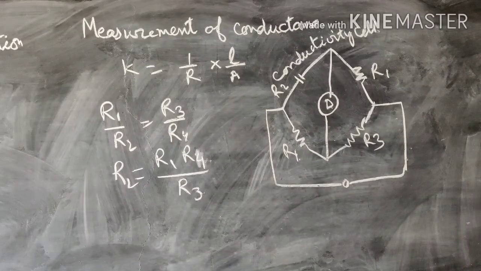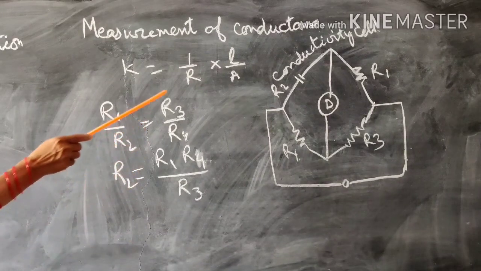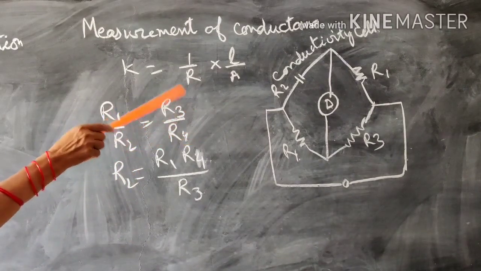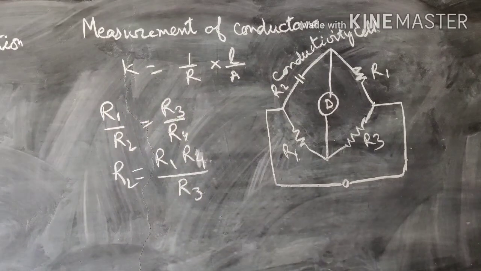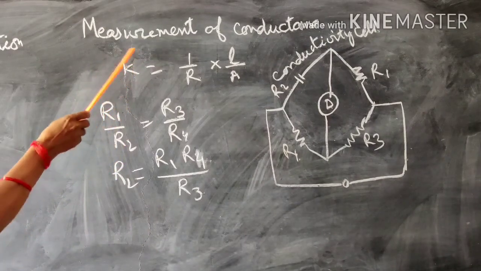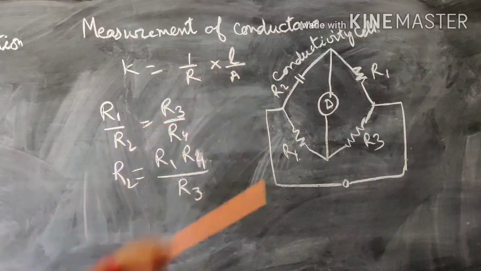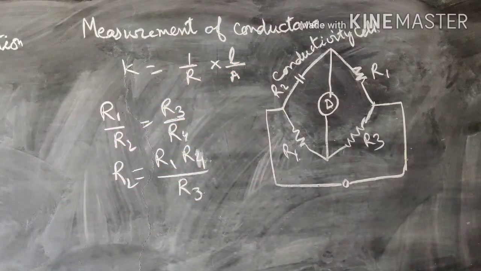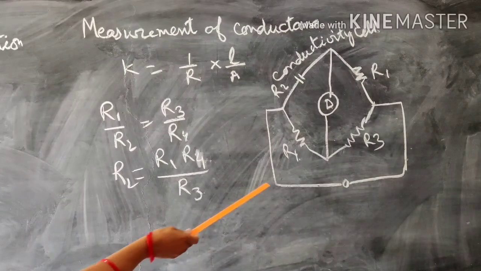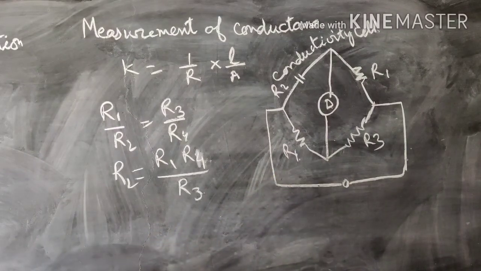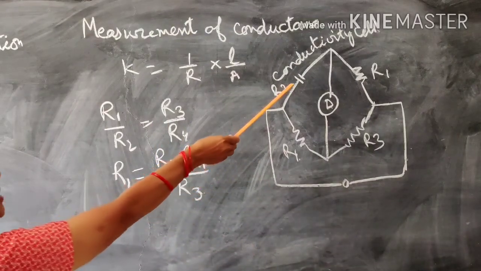Now the measurement of the electrical conductance. Electrical conductance cannot be measured directly. We measure the resistance, and then we find the reciprocal of resistance to find the conductance of the solution. Now K, this is kappa, is called conductivity, R is the resistance, and L upon A is called the cell constant. The resistance is measured by using the Wheatstone bridge that you will study in physics also, but here we will find the conductivity of an electrolytic cell.